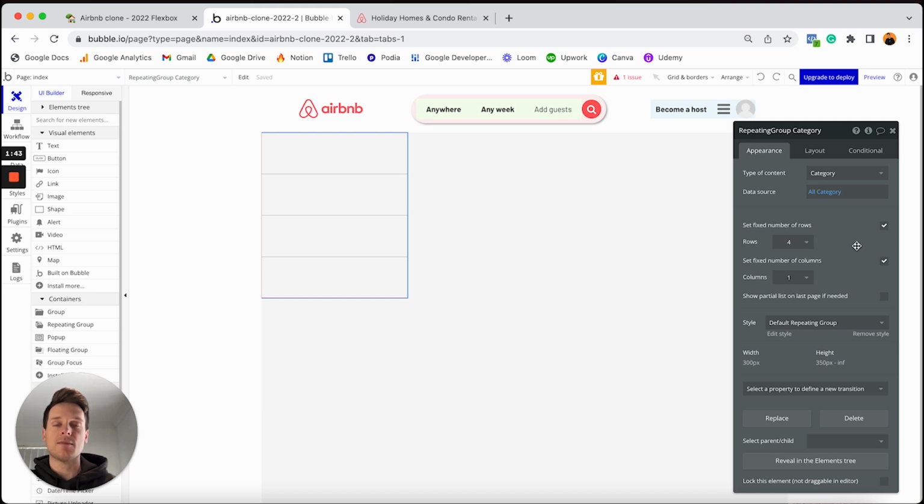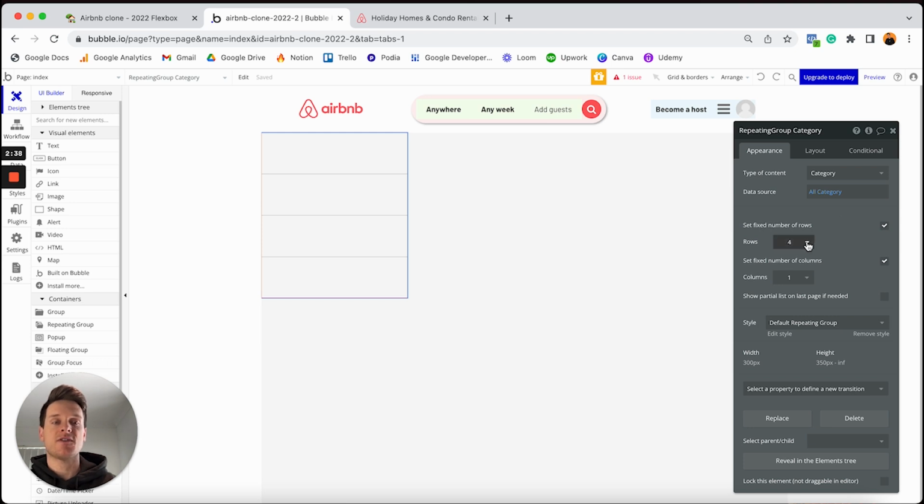And look, when it comes to repeating groups, this can be a little bit overwhelming, particularly if you are quite new to Bubble. So of course, I'm going to be sure to explain everything in as much detail as I can here. But don't be alarmed if you do find it slightly confusing in the beginning. Of course, like everything, practice does make perfect. And repeating groups definitely are a little bit more of an intermediate feature within Bubble. So what we're going to do